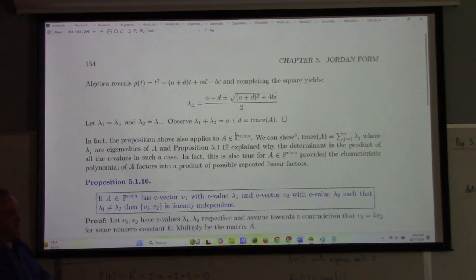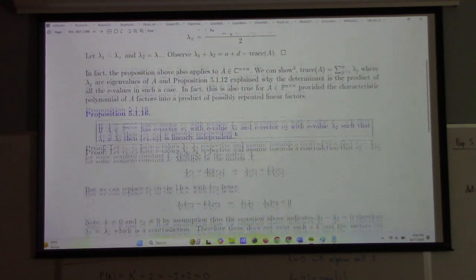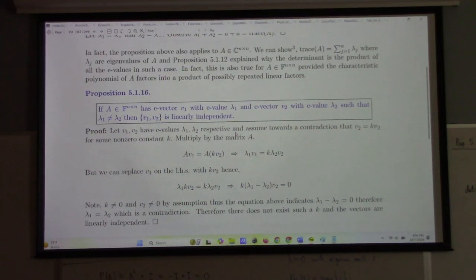So what's interesting is that the determinant is the product of the eigenvalues, and the trace is the sum of the eigenvalues. This continues to be true even when the matrix is not diagonalizable, provided that it actually has enough eigenvalues. Like example 1, where we have no eigenvalues, that